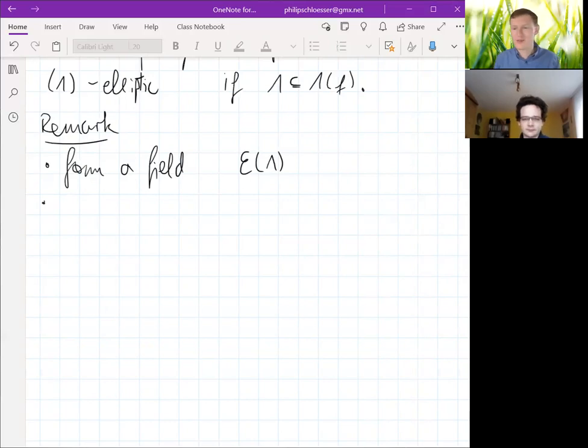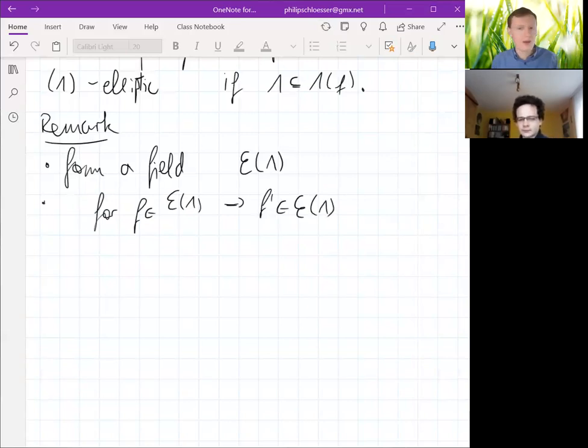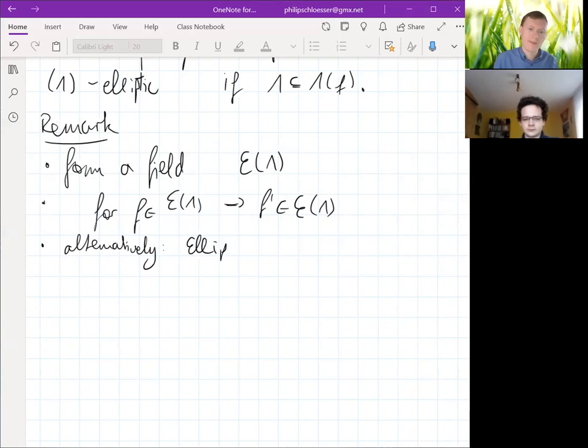If a function has this periodicity, its derivative also has that periodicity. So for f in E lambda, we also have f prime in E lambda. And well, we could reinterpret things a bit. We could say elliptic functions are functions that have that periodicity. Or we could say elliptic functions, or I guess lambda elliptic functions,